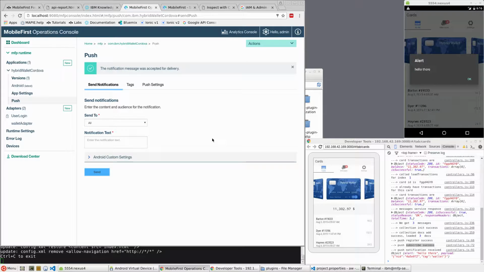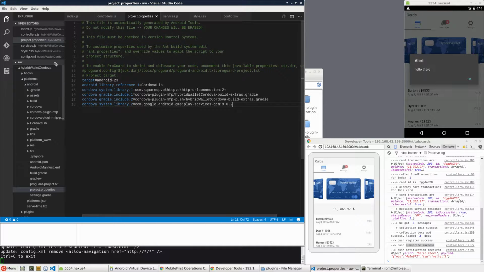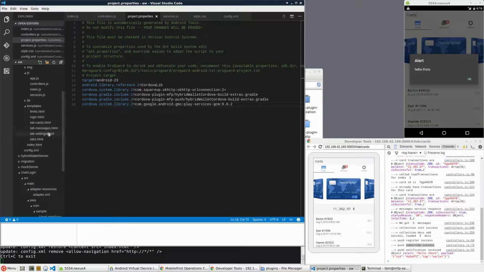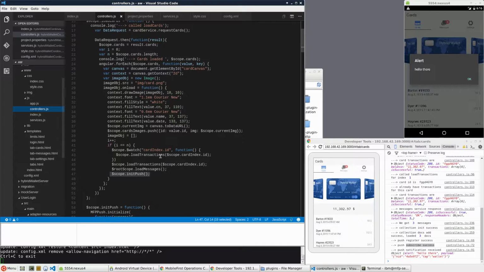So if we do everything right, you will see that our notification arrived right here. This is the first step, and that was done using our notification callback. If you remember, within the code, we had this callback to display the alert message right there. Let's have a look